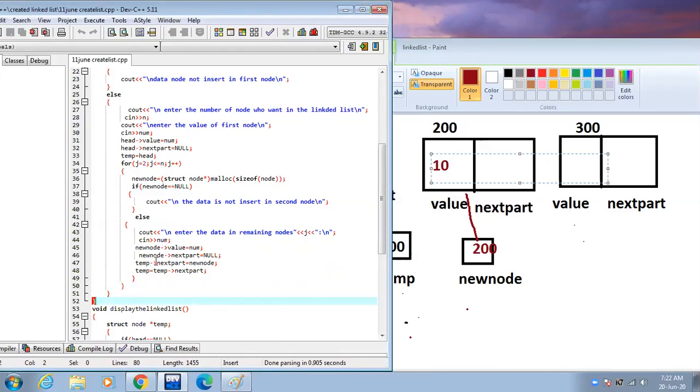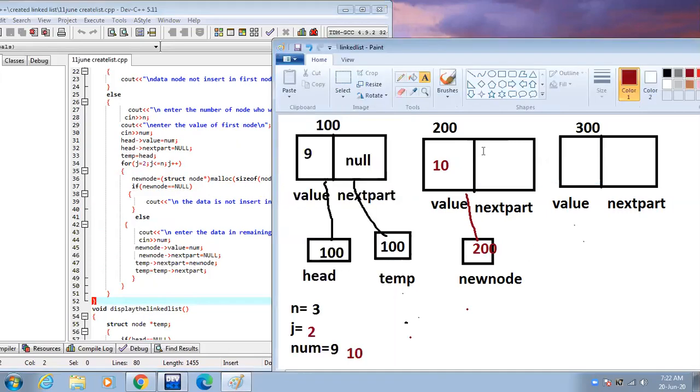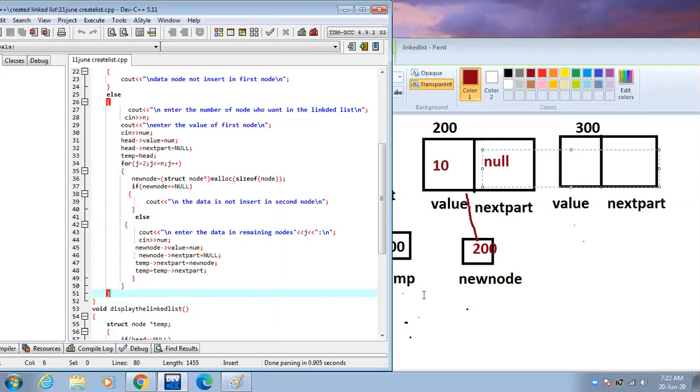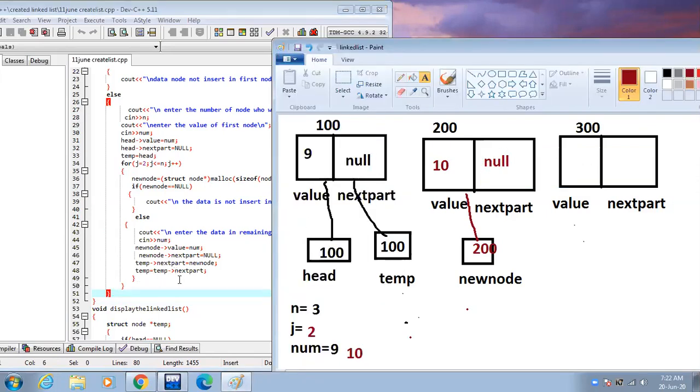New node next part equal to null. New node points to the next part and null is inserted in this block. Temp next part equal to null. The address of new node is inserted in this block.